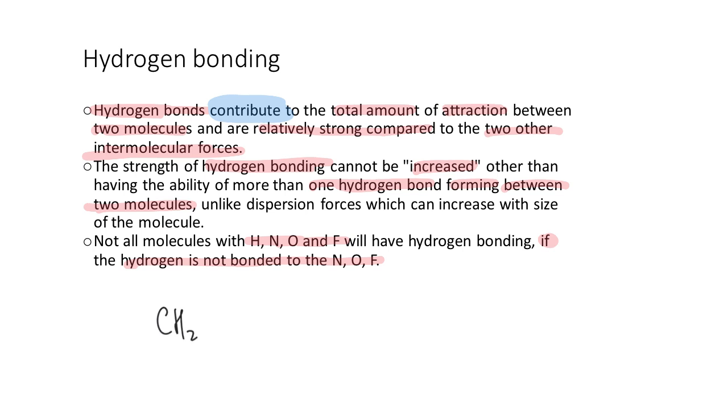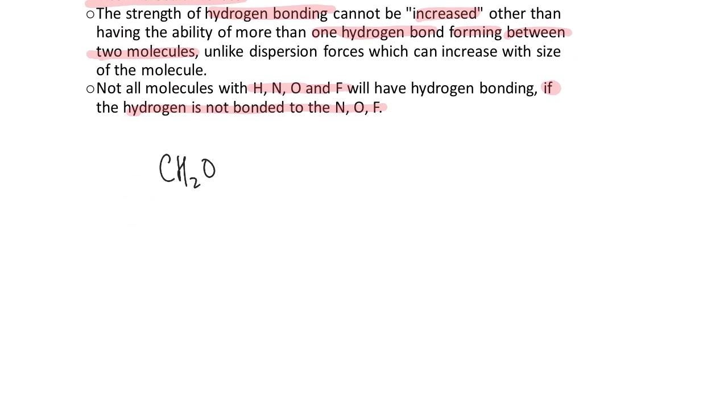Okay, so let's have a look at CH2O. This is where you have to put together all of your knowledge about shapes of molecules, Lewis dot diagrams, electron dot diagrams, working out the shapes, all the way to working out whether this is going to have hydrogen bonding or not. So if you draw the electron dot diagram, this is what you will end up with, with the O's here and here. And then if I have another one of those, in a trigonal planar shape,